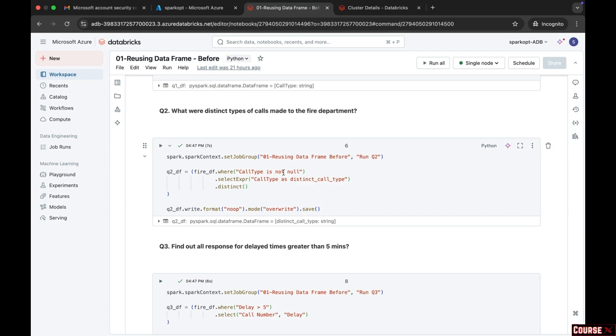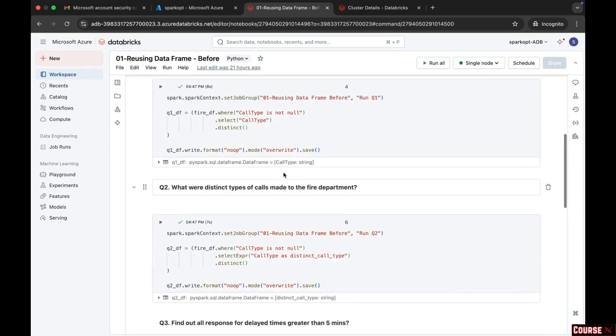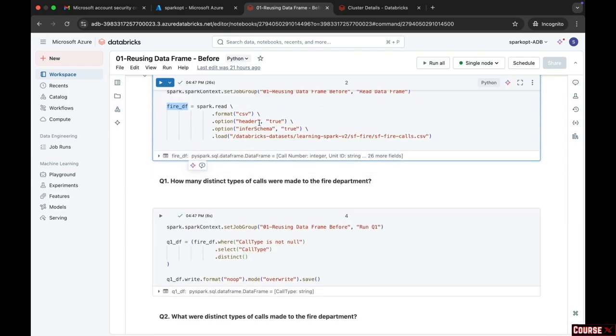To fix this problem, we can explicitly tell Spark that we will be using this fire DF multiple times, so please cache it in memory. Then Spark will understand that it needs to cache it, and after that, whenever you use this fire DF, it will read the data from memory instead of scanning the data from the directory. So for that, let's go to the